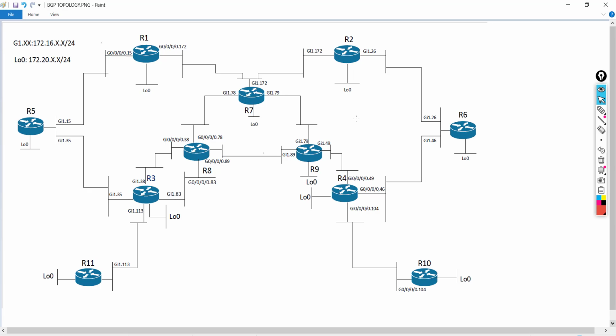Is not going to modify the next stop. So what we need to do now is take all the prefixes that are here and redistribute them into the BGP network. Okay, so we are going to use the redistribution command. So when we redistribute,